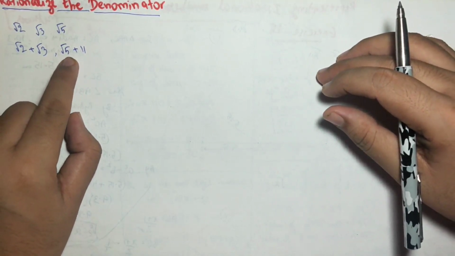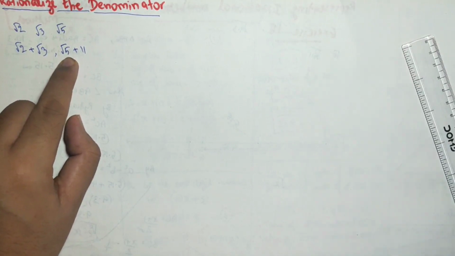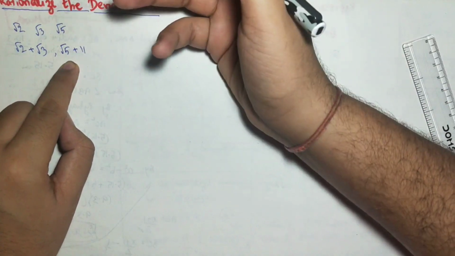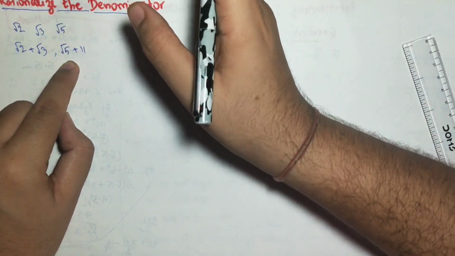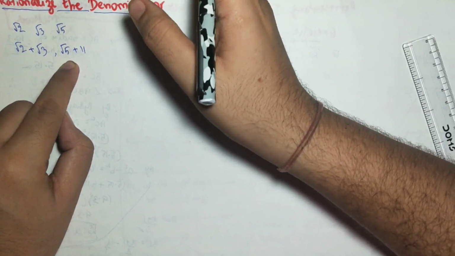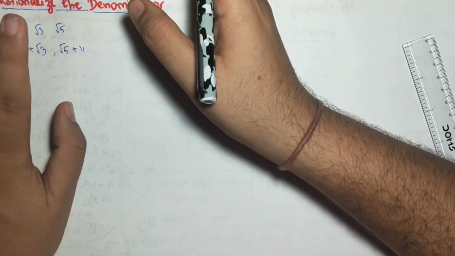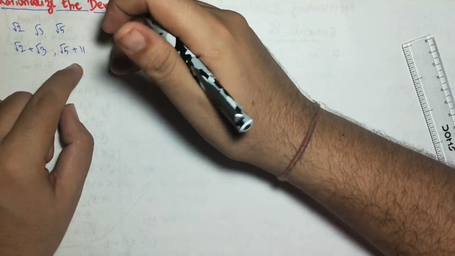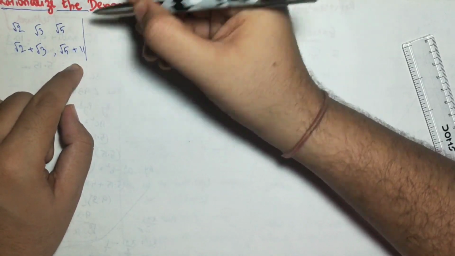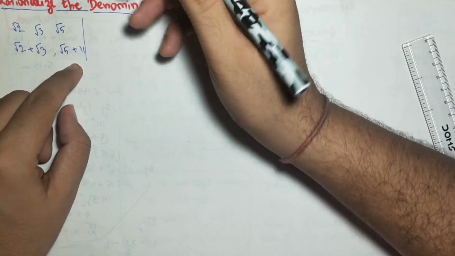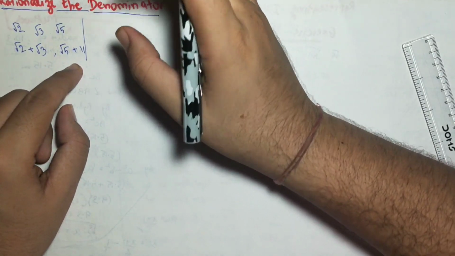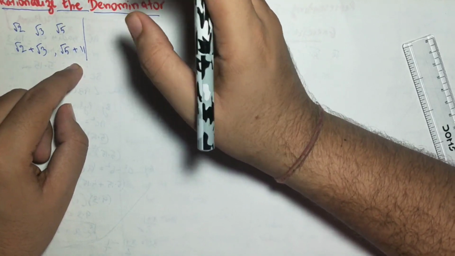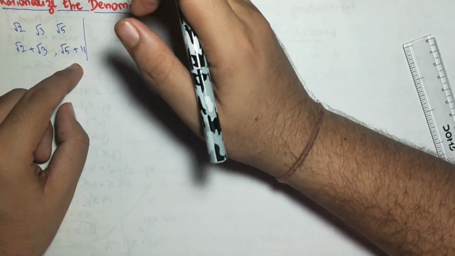Now, if I add an irrational number to a rational number, the final answer is obviously this only. This is an irrational number. So whenever you add an irrational number to an irrational number, the answer will always remain irrational. If you add an irrational number to a rational number, the answer will remain irrational. Now what about if you subtract? So if you subtract two irrational numbers, the answer may be rational. It may be rational or irrational, depends upon the number.